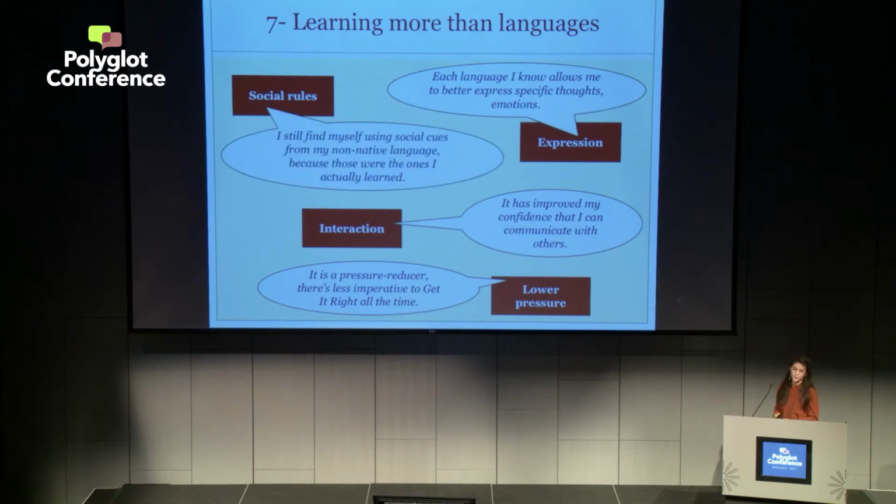And another thing was social rules. You have to know that people with autism often really struggle to understand social rules, especially because when you grow up, you are supposed to implicitly learn all these social rules of your own society and culture. But they really struggle to understand them implicitly. The thing is, when you learn a language, often you are also introduced to all the specific social rules of this new culture and society.